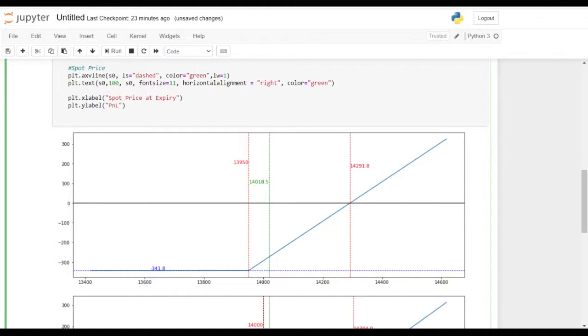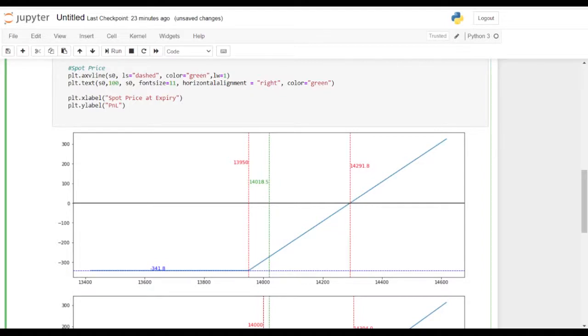But if the spot price at expiry is below strike price, our profit at expiry would be minus premium itself, because human beings are considered rational, so we won't be exercising the contract and making a loss just for the sake of it.